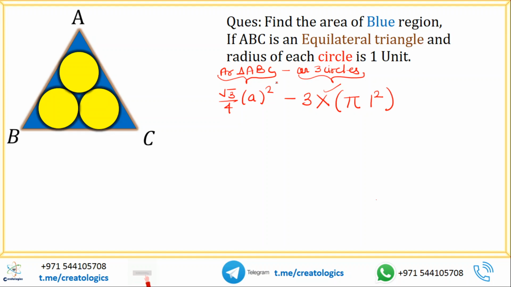So the thing is that we need to find the value of this quantity. What is a? That is our question. And how to calculate it? Let me tell you. Here circles are given, right? And we know that this triangle is equilateral triangle. What we know about equilateral triangle is all side lengths are equal and each angle is 60 degree.